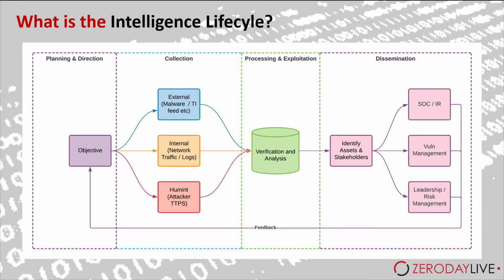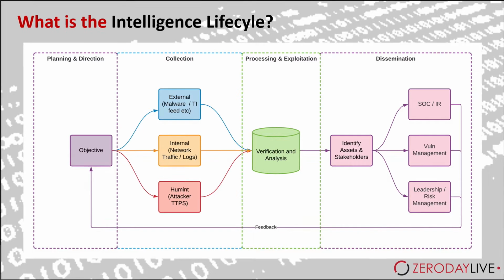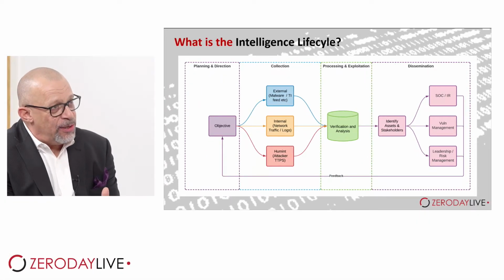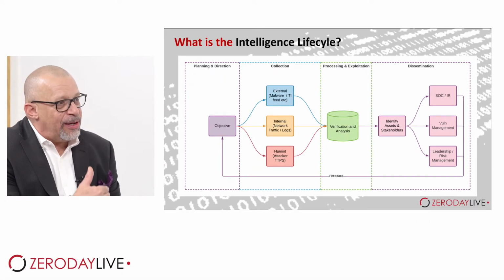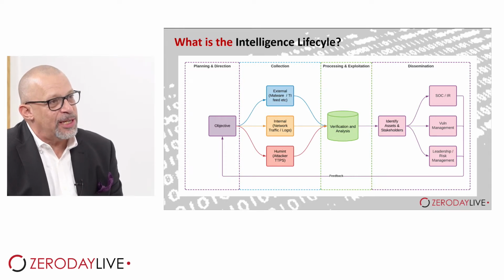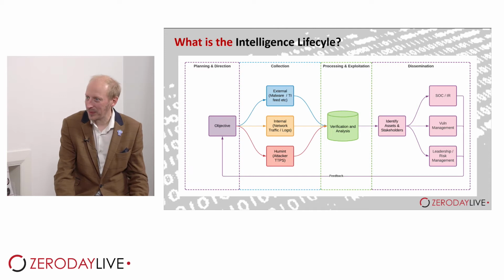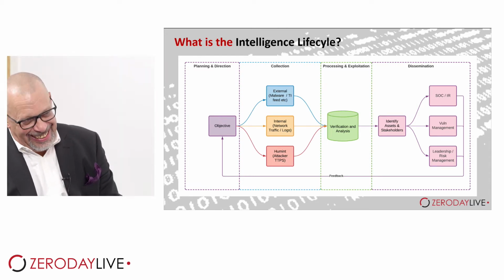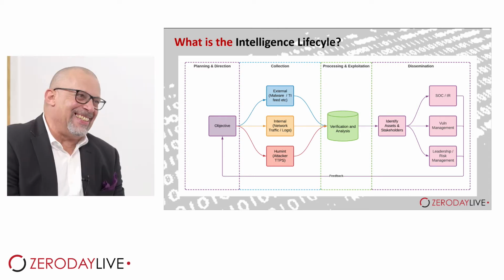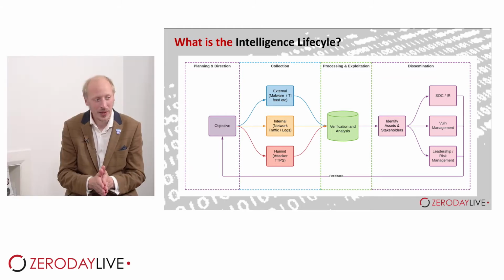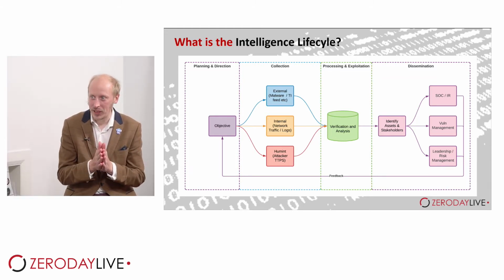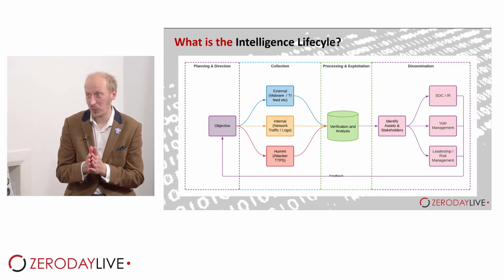So when we're looking at your diagram here, we're looking at something called the objective, okay? So is the objective to protect ourselves, or is the objective to find out the intelligence that we need to be able to understand the threats we're facing? It's both, right? And you say that, like, look in your face, you're thinking, well, you haven't really answered my question. But actually I have, because the objective, and this is the planning and direction, what are we collecting, why are we collecting it, right? It's the most important question to answer.